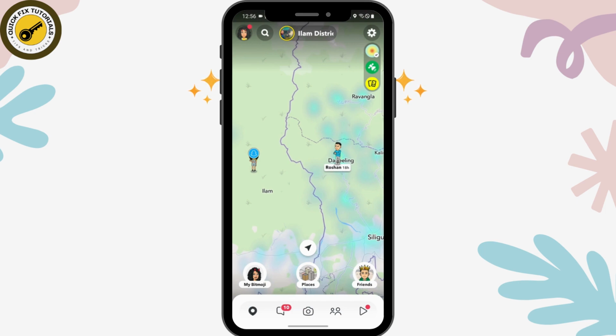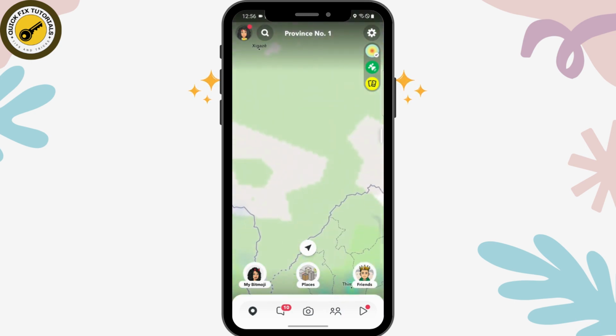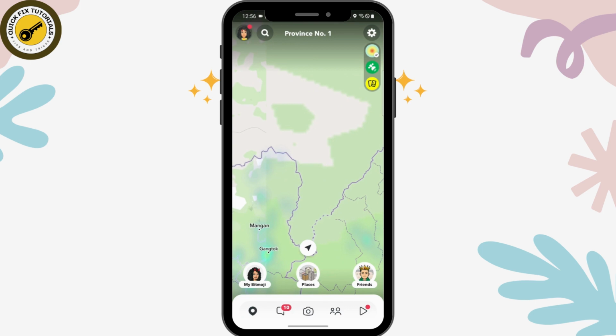The first reason is due to your weak internet connection. So if your internet connection is weak or it's not working, then you won't be able to see your location or map and also your friend's location. That's the first thing. And the second thing is, if you haven't enabled your location on Snapchat, then also this